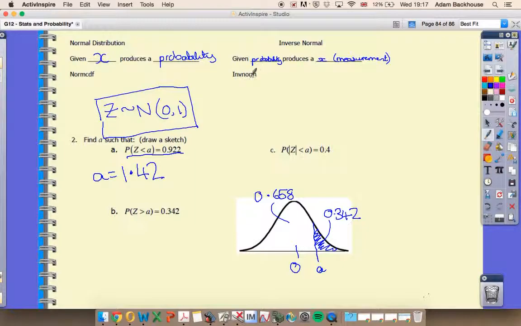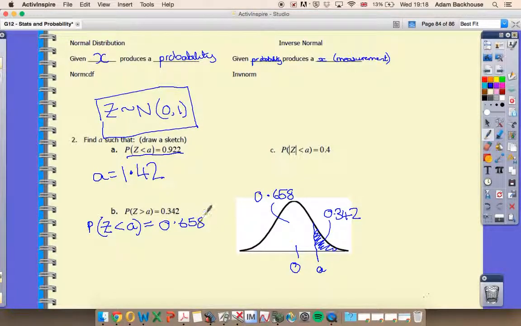Our inverse normal function only works counting from the left. The regular normal function, we've got quite a lot of flexibility. We can count from the far left up to a point, from a point up to the far right, or any range in between. The inverse normal's slightly more restricted. So rather than thinking about this probability, I'm just going to state this in a slightly different way. The probability that z is greater than a is this. The probability that z is less than a, I also know. So that is this probability,